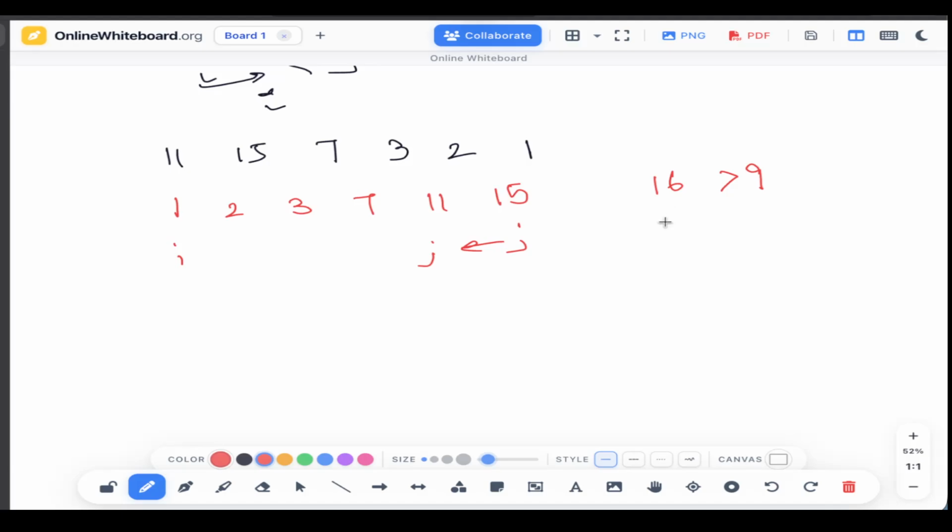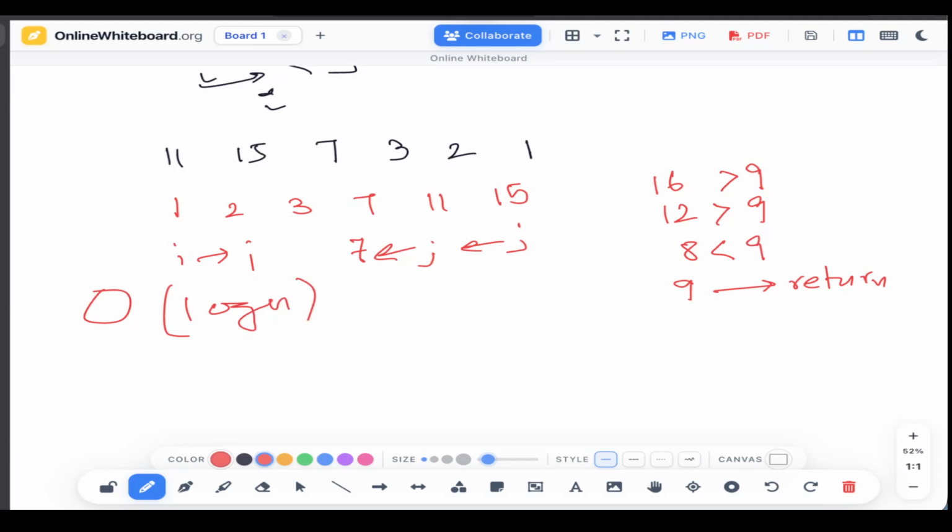So 1 plus 11 is again 12, which is greater than 9. So we reduce j, which is 7. So 1 plus 7 is 8, which is less than 9. So we increase i, which is now 2. And 2 plus 7 gives us 9, and we return it. So here our time complexity would be O of log n, which is good, which is better than our first